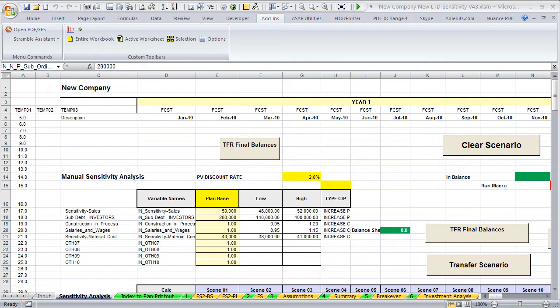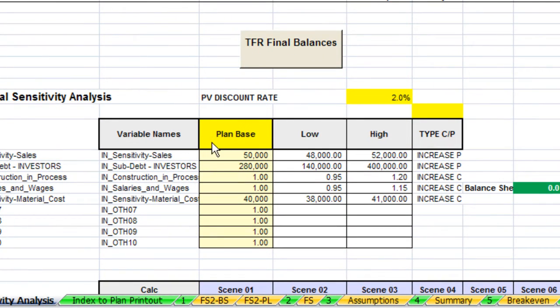I'm going to demonstrate using a sensitivity analysis add-in I have to do a broad look at the financial statement and see if we're making a profit within the set of variables I'm going to use. I'm going to use the sales, the salaries, and the material cost. And we can add in any number. I have set up for, I think, 10 here. I'm only using, for the purposes of my demonstration here, this one,